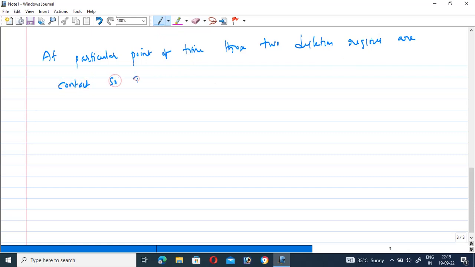So ID is also constant. Okay, so let us see here. What happens is that at a particular point of time, those two depletion regions